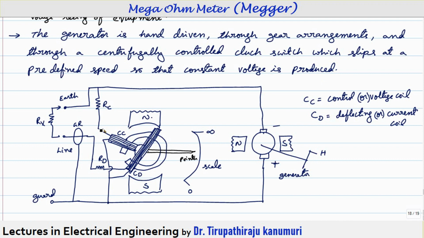We are going to prove that this is actually a ratio type meter. That means the torque produced will be the ratio of the torques produced by two coils. That means the torque produced will be independent of the voltage that is applied. But the problem comes if you take any